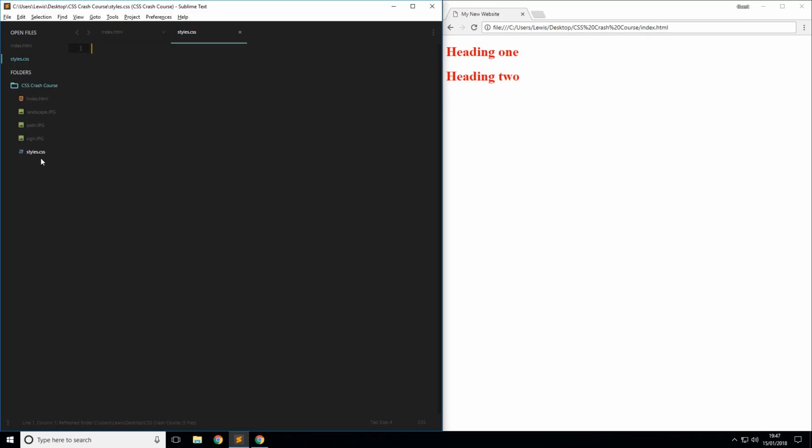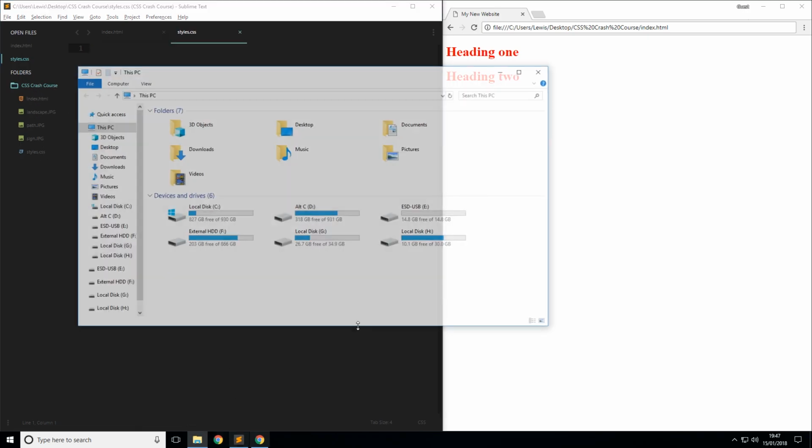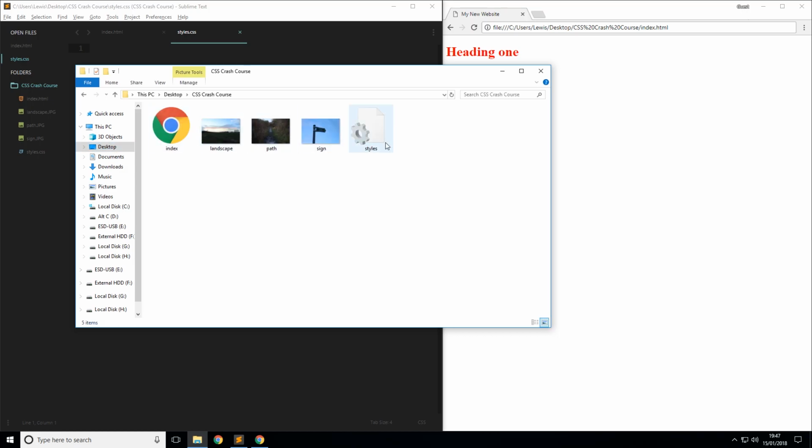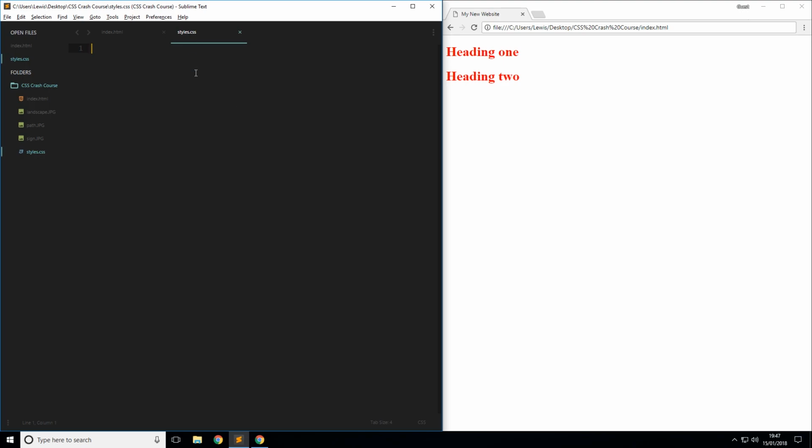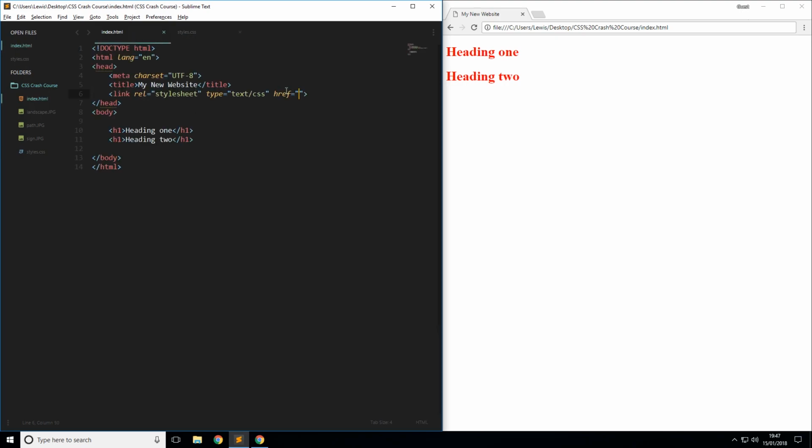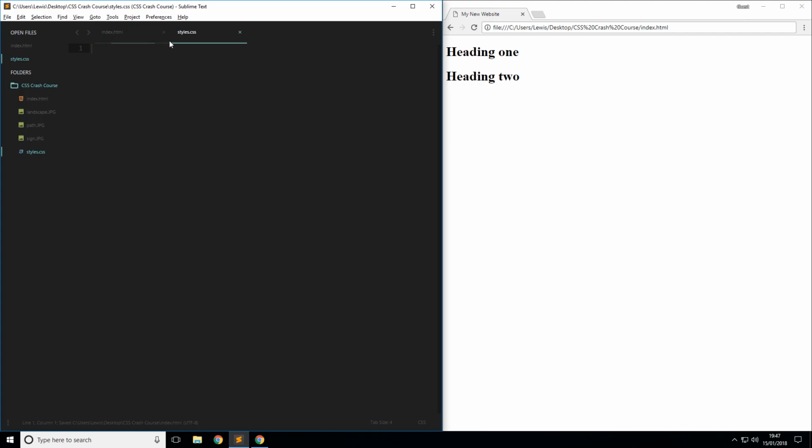You can see that inside of our folder now we've got another file, styles.css. Inside of this styles CSS, we will declare things exactly the same way we did over in our HTML document. So in the href, we will say styles.css, give that a save. If we refresh the page now, you see those styles disappear because we haven't declared anything inside of here. However, if we go back and do the same thing, we're going to give it a color of red,